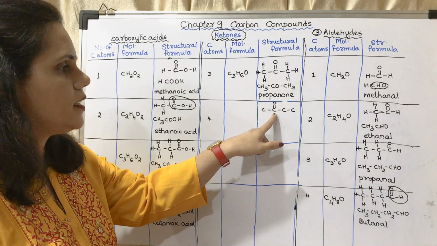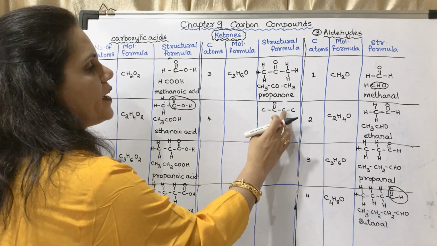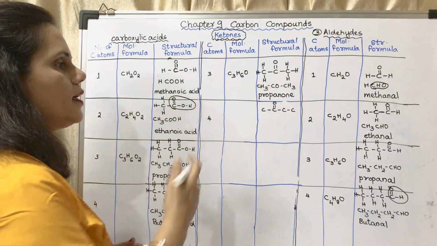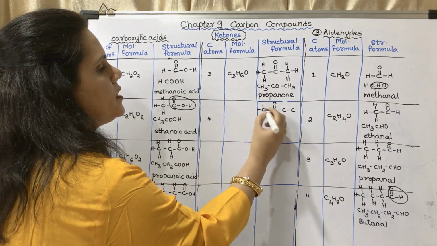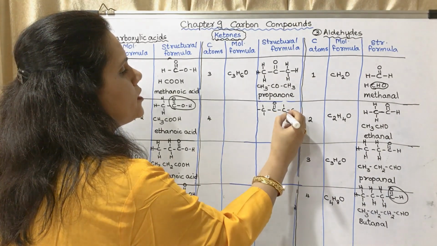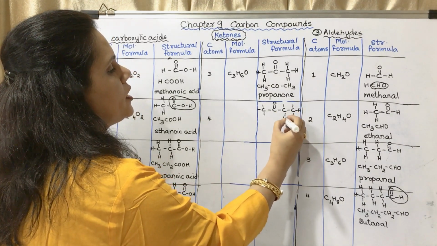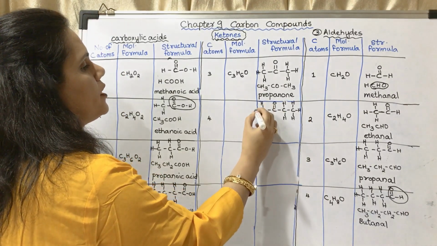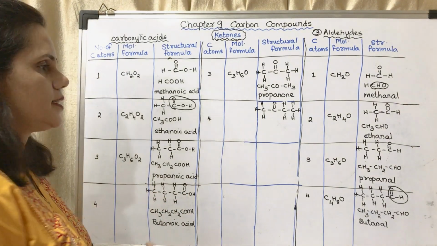If I write on this carbon atom, there are 2 C's on both sides. If I write on this carbon atom, there are 2 C's on both sides. Consider I am writing it there. There are 3 branches left for this. For this carbon atom, there is nothing left. So for this there are 2 and for this there are 3, with hydrogen on each branch. Okay, so hydrogen. Now what will be the condensed structural formula?